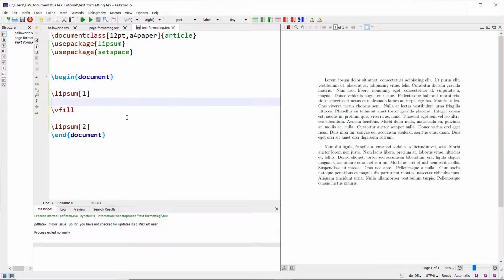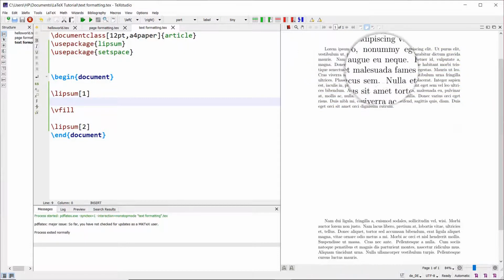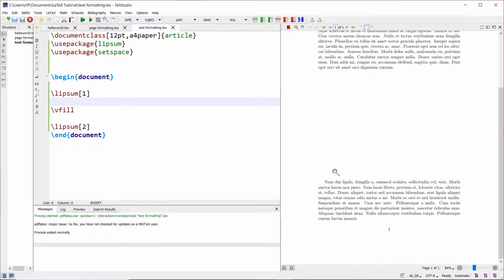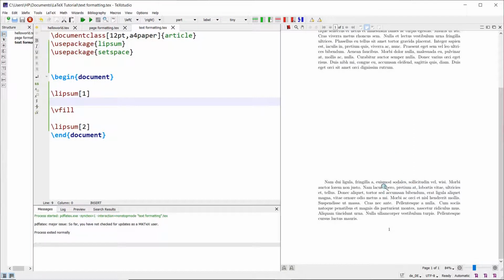Let us see the effect of vfill on this text. You might notice the first paragraph is now specified in the topmost and the second paragraph is specified in the bottommost, and the area between this is the gap that is formed, and this gap we call vertical fill.